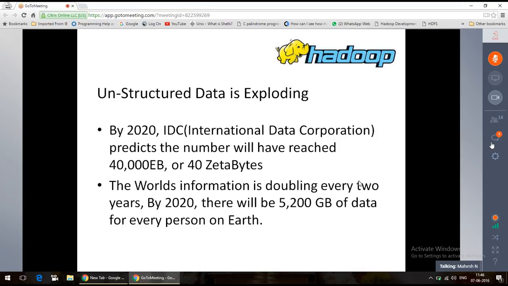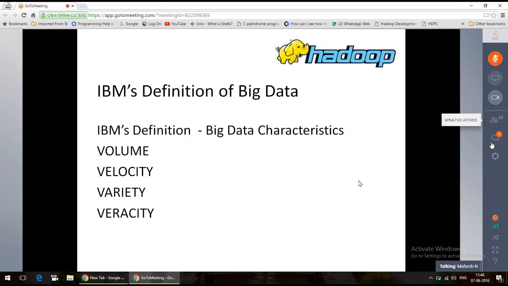Now, where is this data coming from? Where should I store this data? Where should I structure it? How do I look after it? And the first answer that comes always is HDFS. As I said, you will always be able to handle and optimize the HDFS process and run them as a cluster. Now, talking about definitions of big data, these are the main important points, guys.